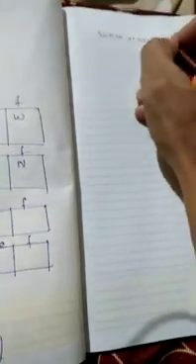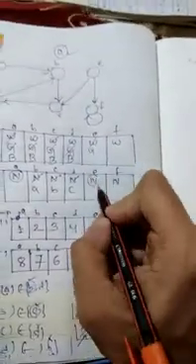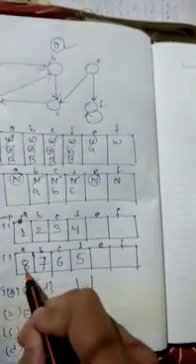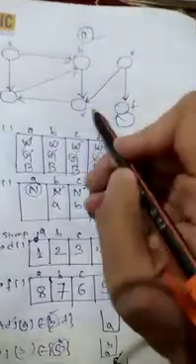So if E is the source vertex, the color changes to gray and the predecessor is nil, and at what time instant will E be discovered? After 8, E will be discovered at the 9th time instance. Then what is the step? If E is the source vertex, we calculate the adjacent of the E. What is the adjacent of the E? From E it is C, and from E to F. So the adjacent of E is C and F.